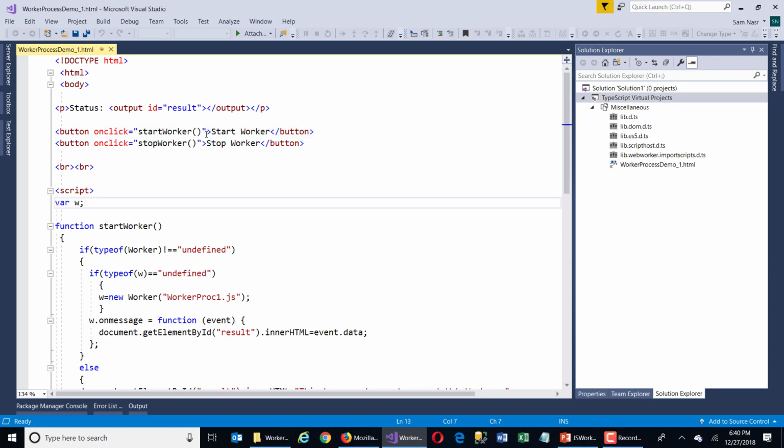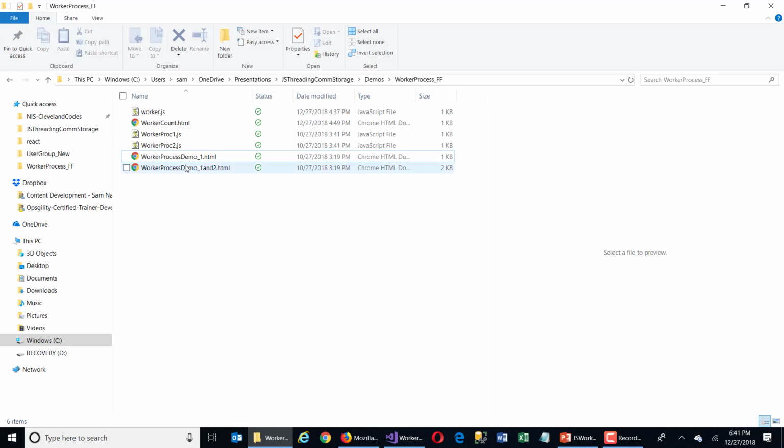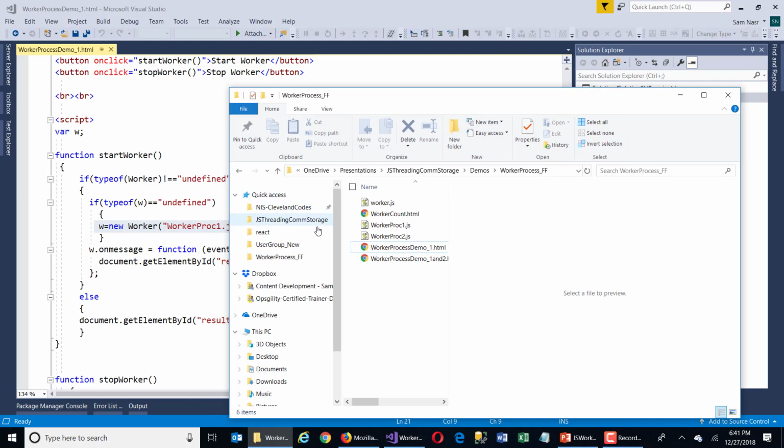What they do is, on click, we call start worker. And for the stop worker button, the event handler that we're calling here is stop worker. What start worker does, and here is the JavaScript, we have a global variable W for the worker. And we're checking to see that the browser does support the worker object. If it does, then we instantiate a worker object, and notice that we're passing in worker proc1.js. Well, worker proc1.js, all it does is